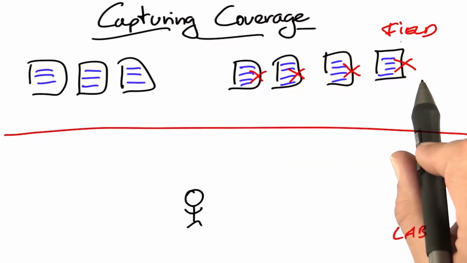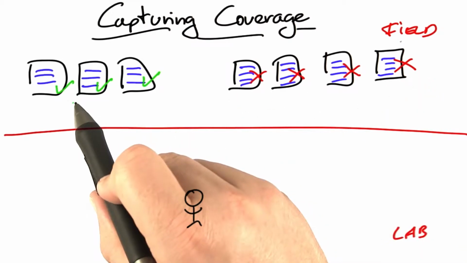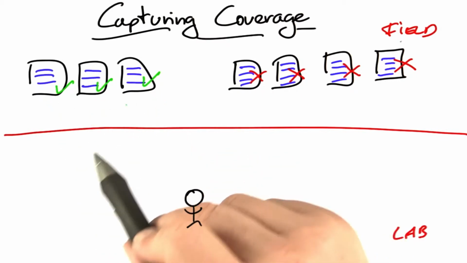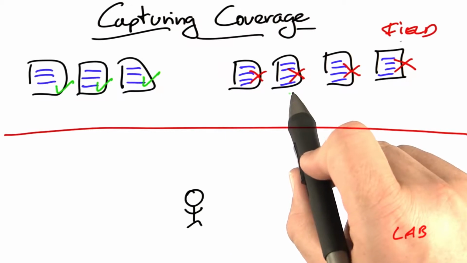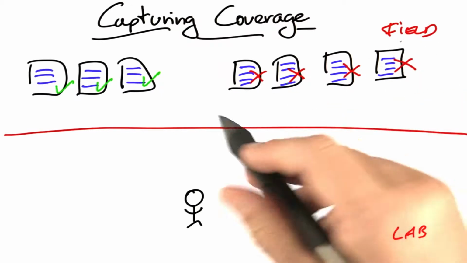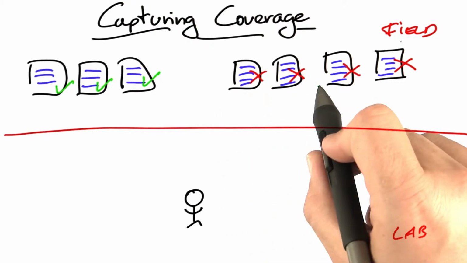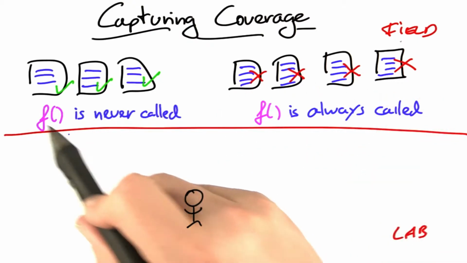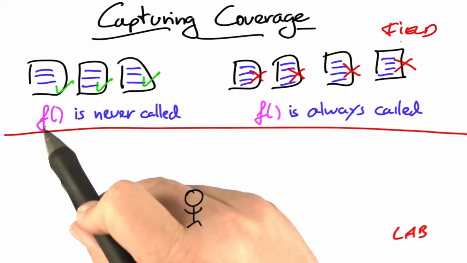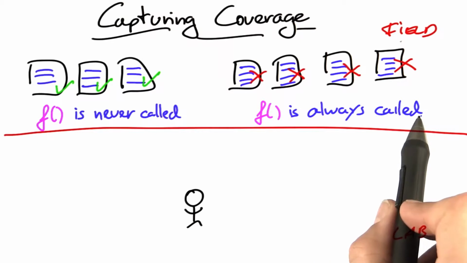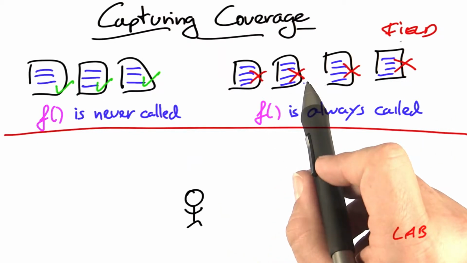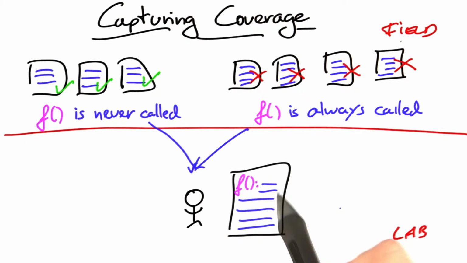Suppose you have a number of runs, hopefully few, that fail, and a number of runs, hopefully many, that pass, or that don't fail. What you could look for is features of the execution that statistically correlate with failure. One such feature could be the execution of individual parts of the program. If you knew, for instance, that in all the non-failing runs, a specific function is never called, whereas the same function is always called in all the failing runs, and this information goes to you, of course the first thing you would do is to look at the function f